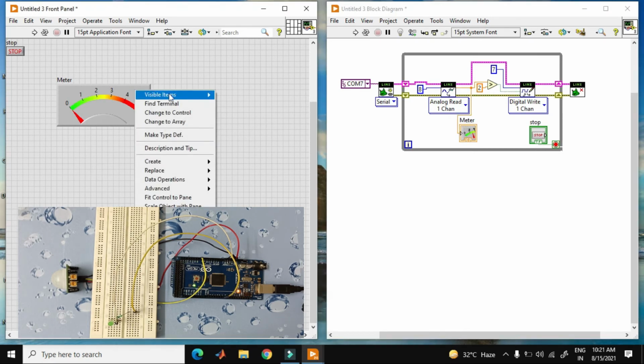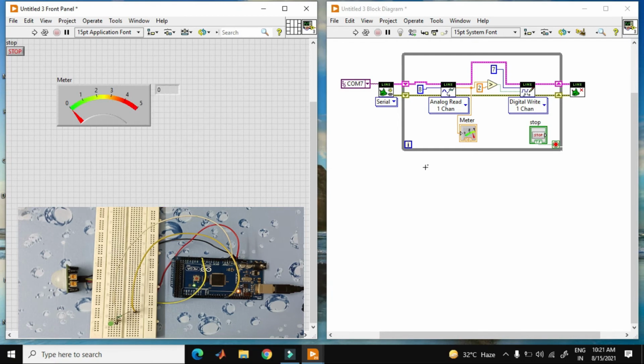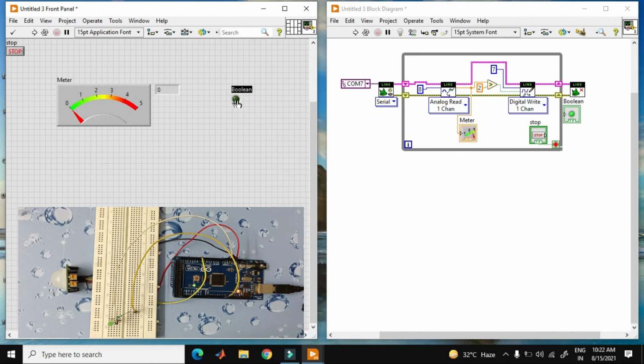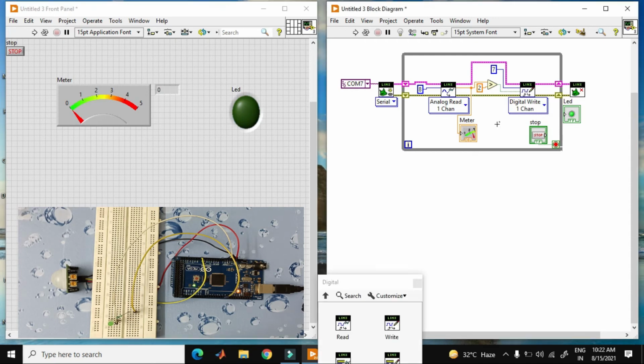I also create a visible digital display, and I also take an LED that is the output. This LED is connected to the output of the comparator that goes to the output side.